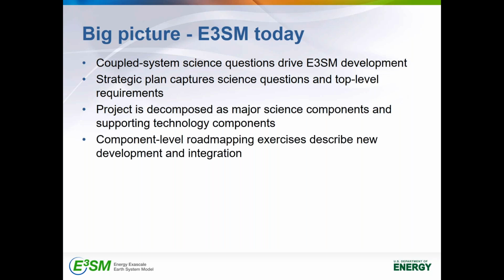Our component level road mapping exercises then have been used to describe what the new development would look like, and to guide the integration of new development components as directed by these top level science questions and discussions that went into the strategic